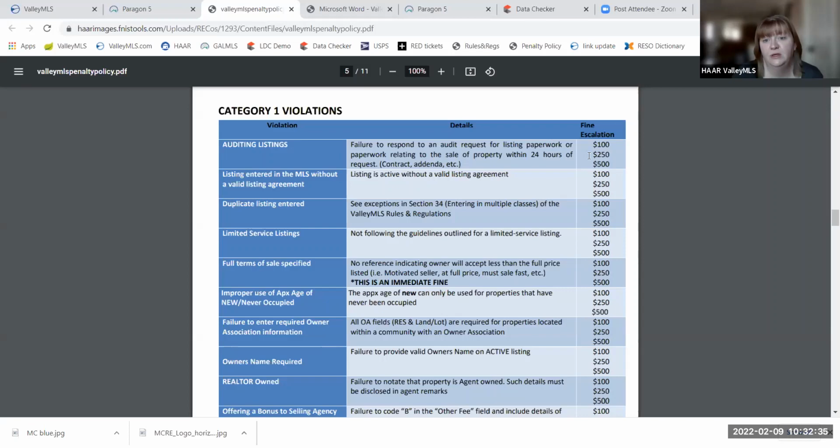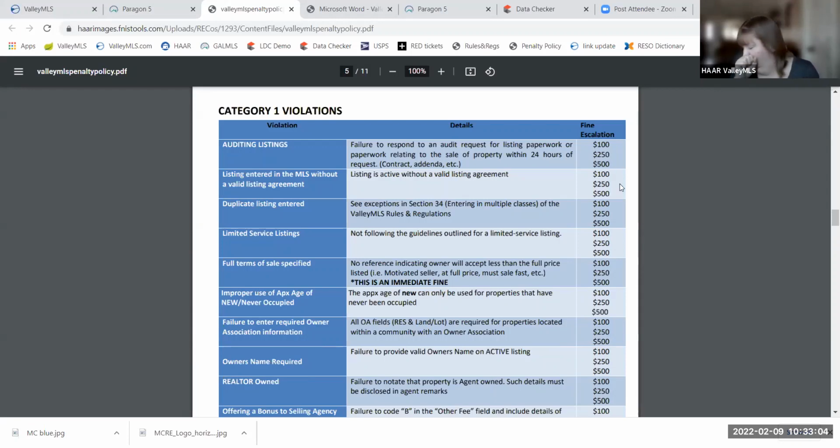And also, just because we're here, I'll point out that the fines do escalate. They start at $100, most of them, for what's considered a Category 1 violation. A second offense is $250, and a third offense is $500, as well as a trip to the compliance committee to discuss the repeated violations. Mostly it is about accountability, but it's also about how can they help? What systems do you need to get in place to avoid continuing to make that error?